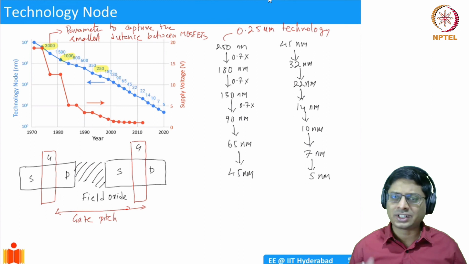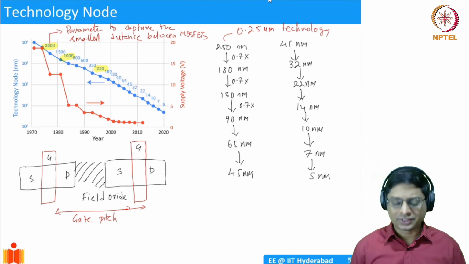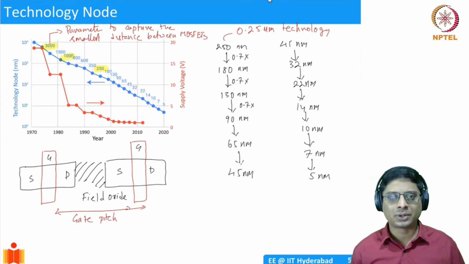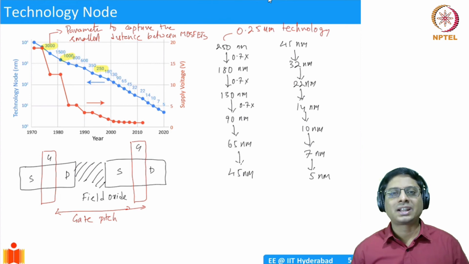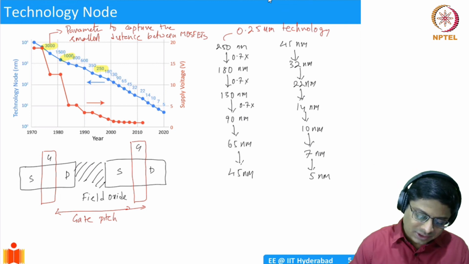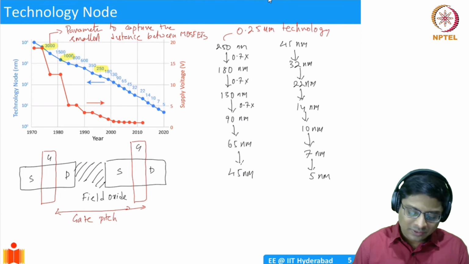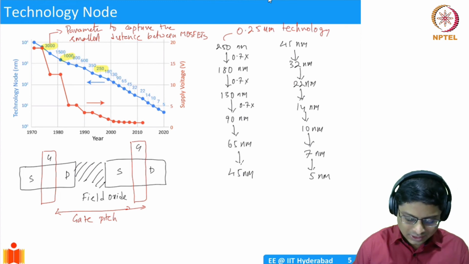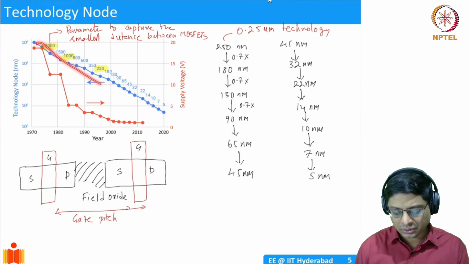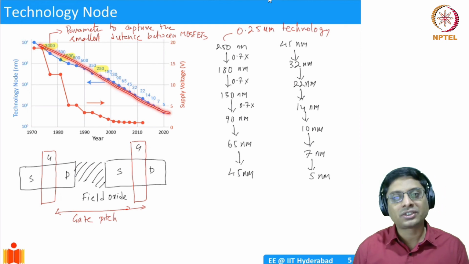Nowadays the term doesn't have any precise meaning. It's essentially simply to capture that the number of transistors is doubling. That's it. Sometimes nowadays it also means that the effective performance of your chip is as though it is scaled by this distance. Okay. So this is called technology nodes. These numbers are known as technology nodes, and we see that over the last 40 years there is a continuous decrease in the size of the technology nodes. And this is a log scale, mind you, so you're seeing almost an exponential reduction in the sizes.